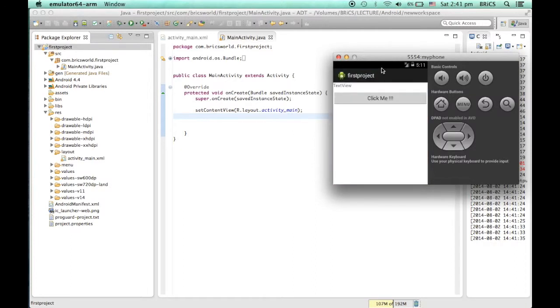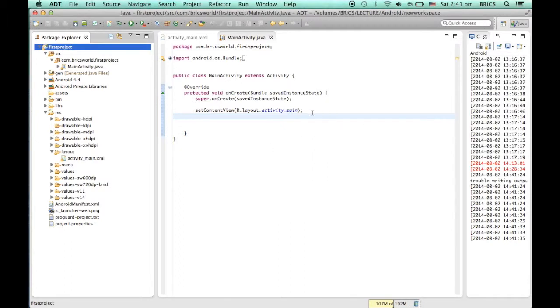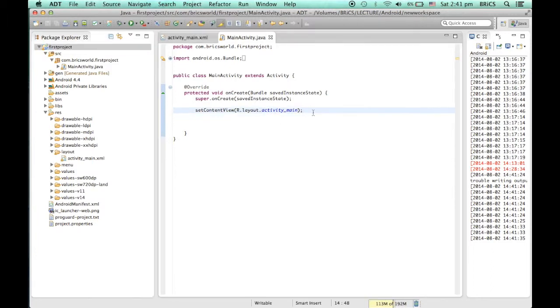Here you can see that you have two objects: one is Click Me, the button, and the second is the text view. We have not written any Java code related to these two things, so nothing will happen. In this tutorial we will create a Java object for these two objects.